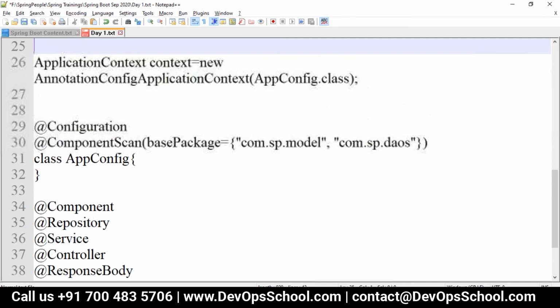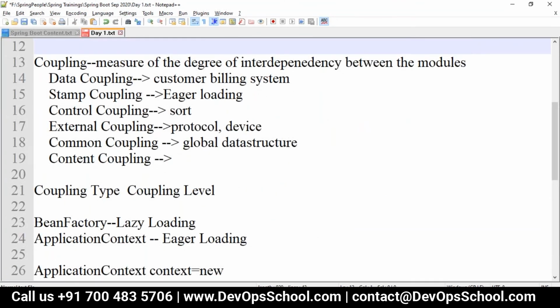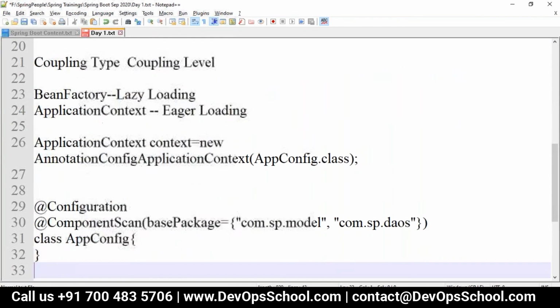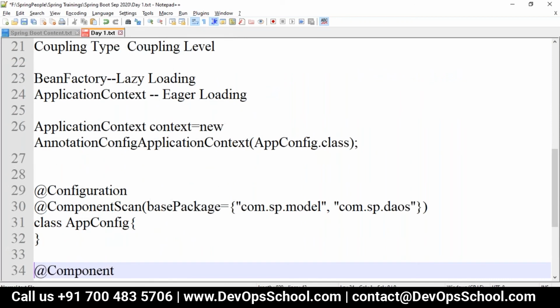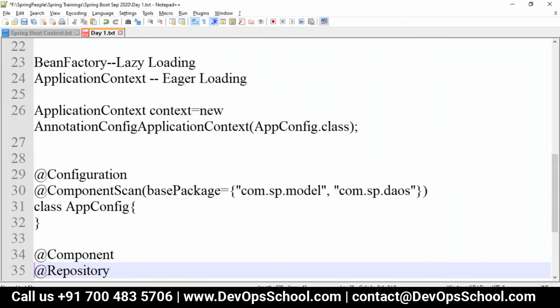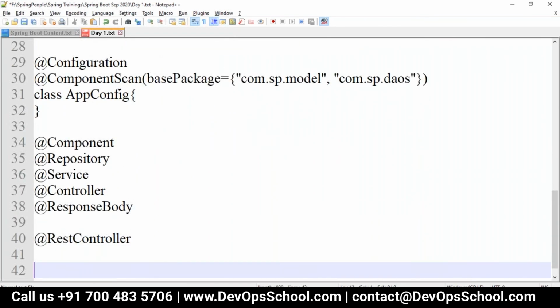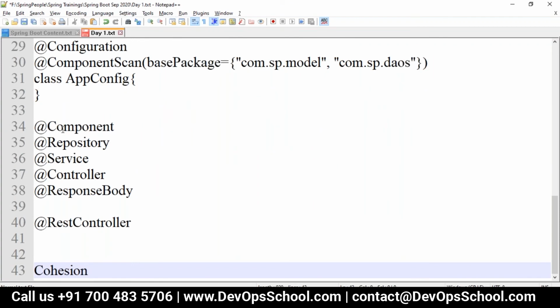We were discussing only Spring before going to dependency injection. I'm explaining coupling and cohesion. After that, we'll see which design pattern and which module has come up with Spring. We will touch upon these things once again. Yeah, all the things. Yes.